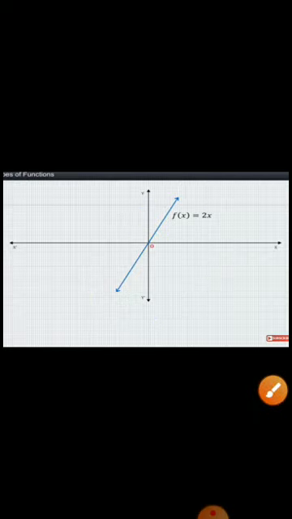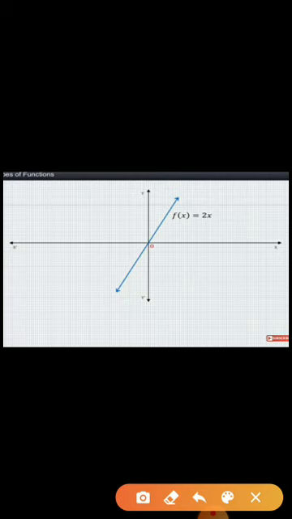Now what to do is, after drawing the graph, draw a horizontal line over that graph. Okay, that means I am drawing a horizontal line here. Now whether this horizontal line on the graph intersects in how many points? It intersects only in one point. Okay, anywhere if I draw, it will intersect the given line in only one point.